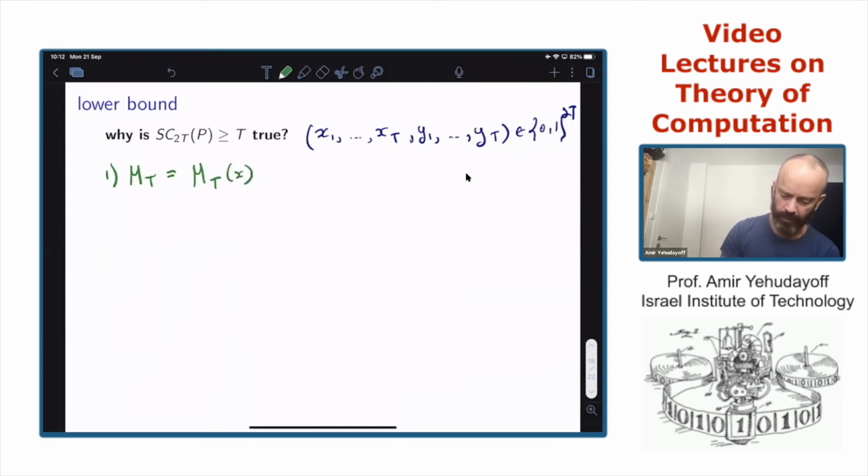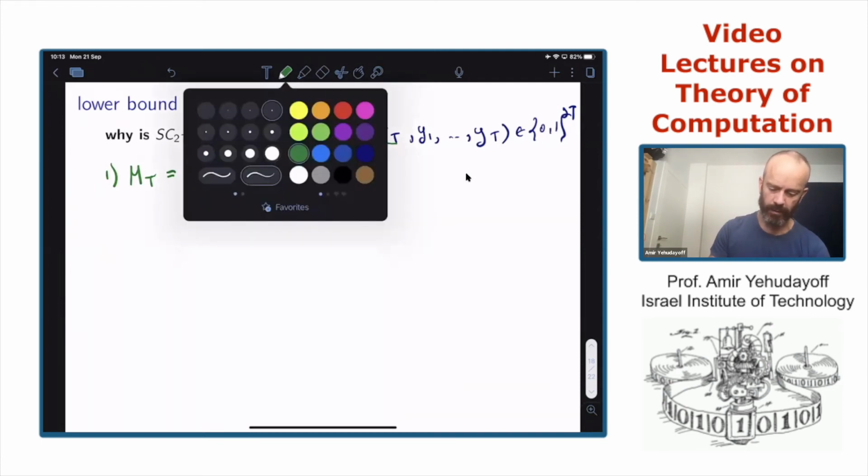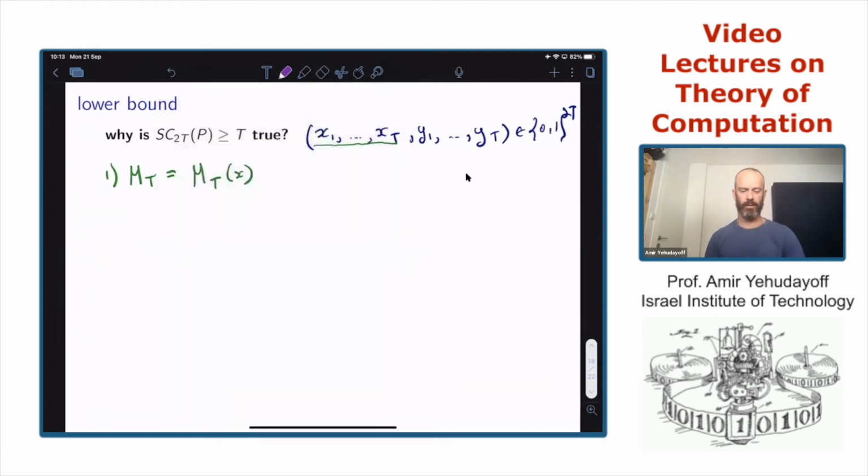X is the first half of the input. This is the first observation. This is because, in general, the state of the memory at any time depends only on the input up to that time. You can prove this by induction, for example. This is true for any streaming algorithm.